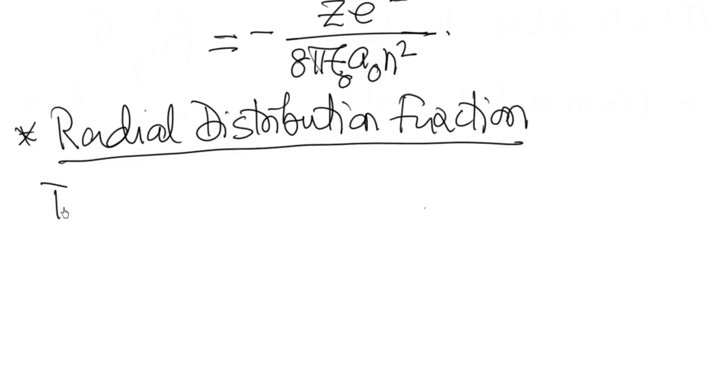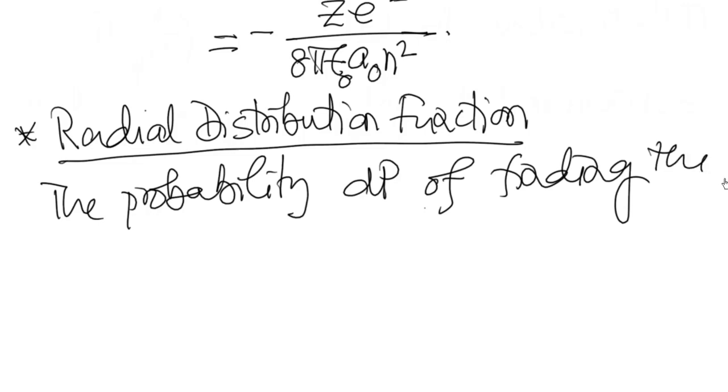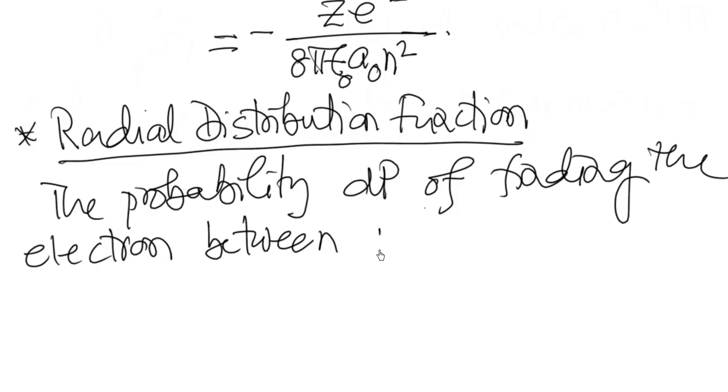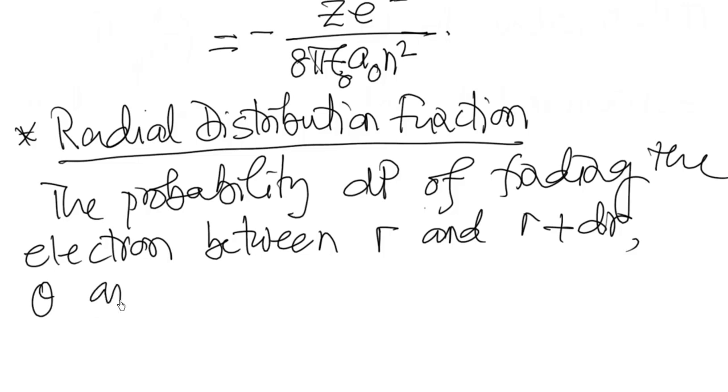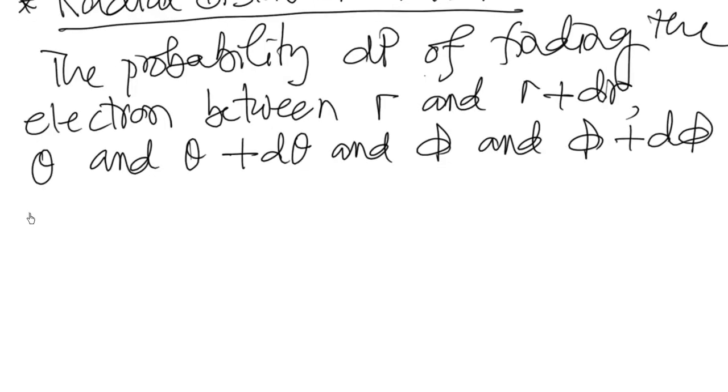The probability dP of finding the electron between the radial distance r and r plus dr, theta and theta plus d theta, and phi and phi plus d phi is